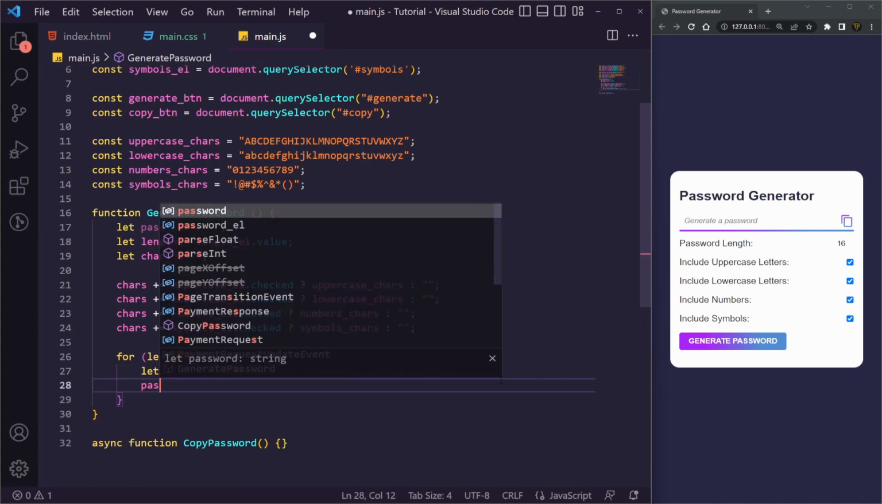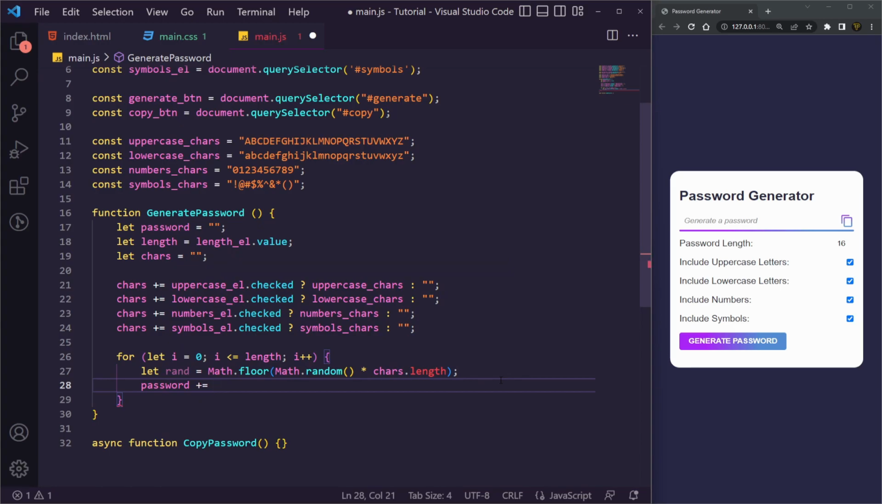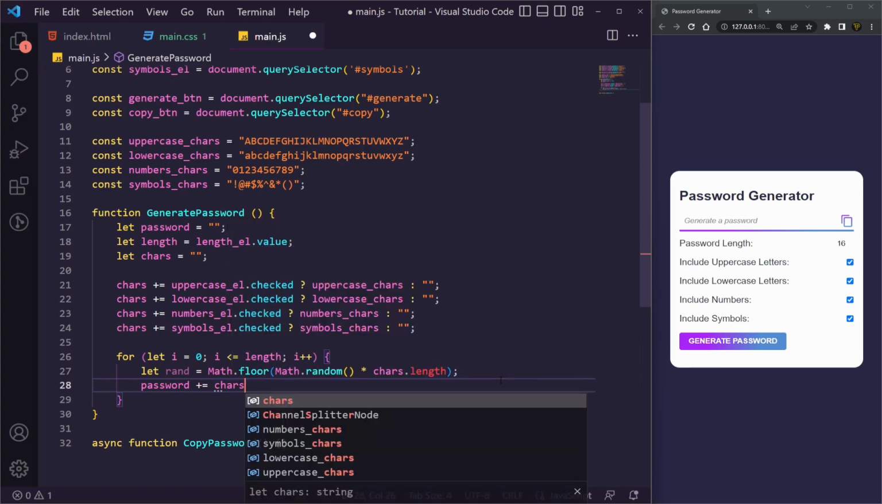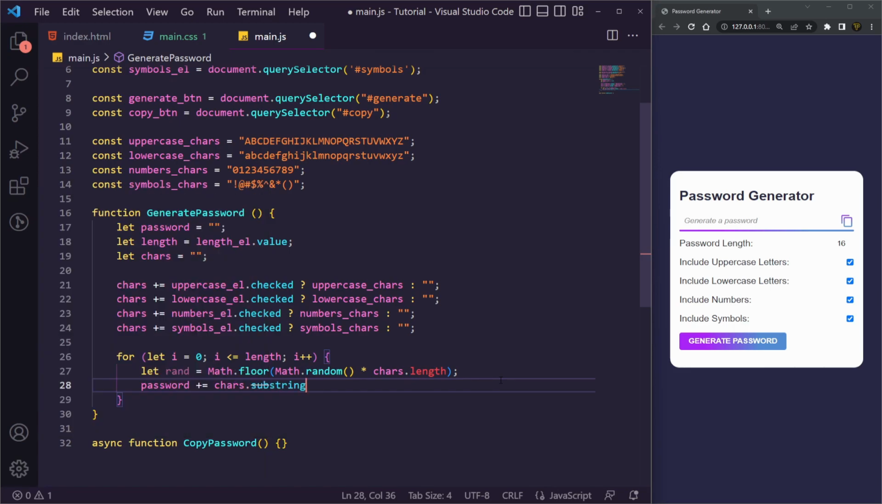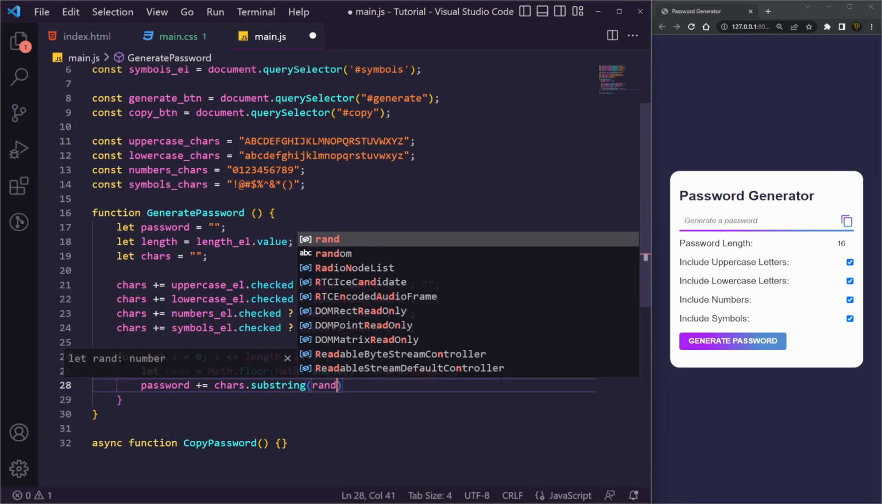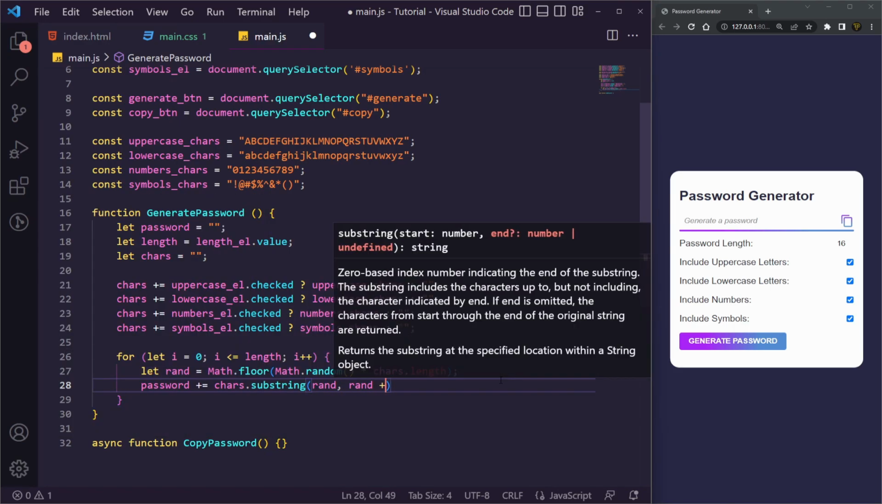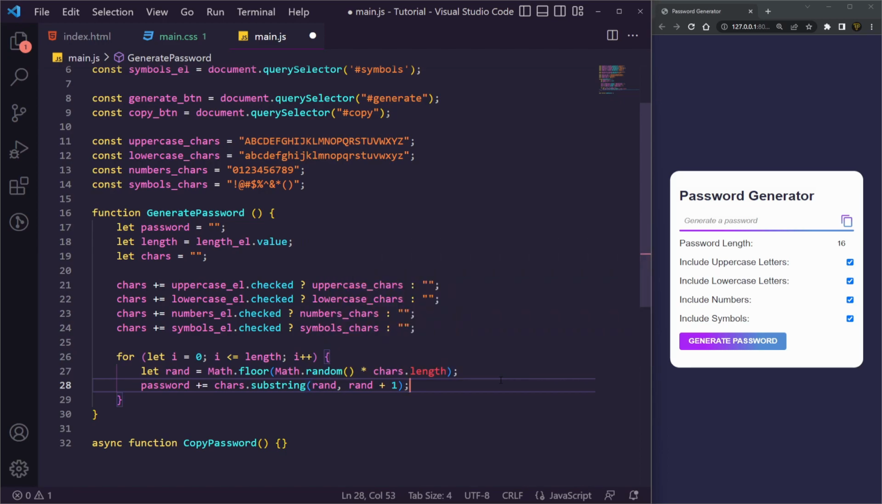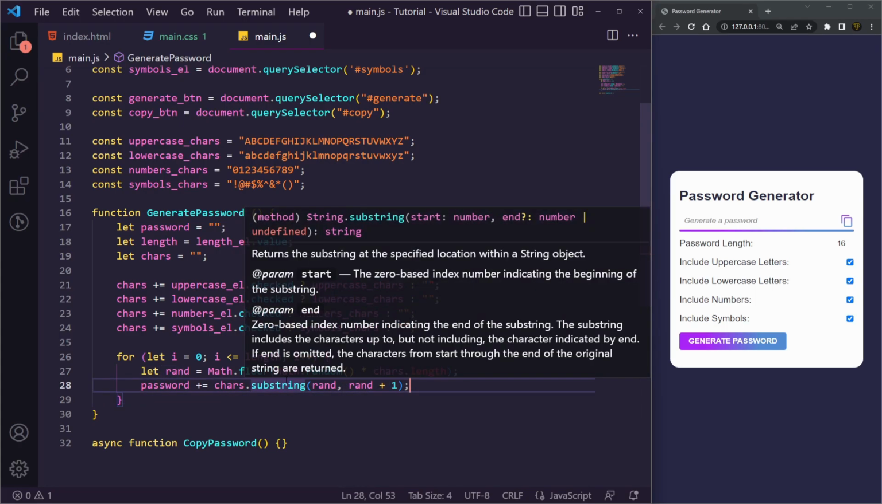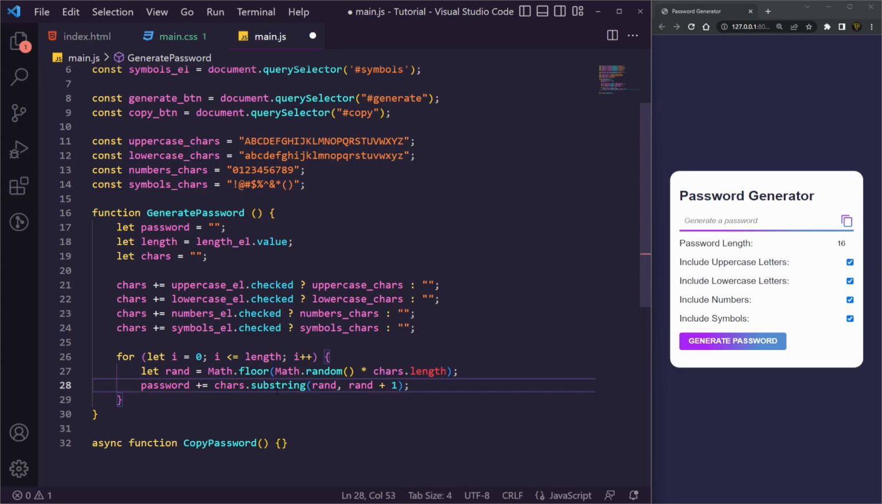So to select that character, we'll just want to set the password plus equal to characters.substring. This is going to split the string to the random and then random plus 1 character. So this will cut the string at that character. So this random will stand for this. Let's say it's this one, and then we just say plus 1 to select that character. And that's basically where it's going to get. That's how we basically split the string, or not split, we steal a character from that string and add it